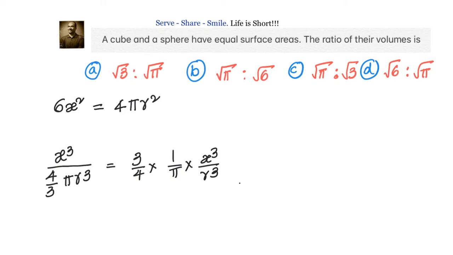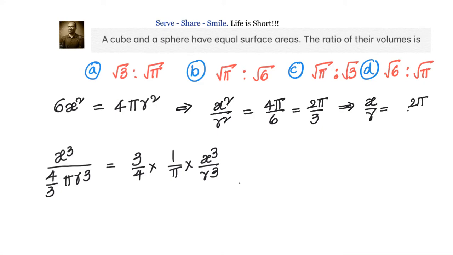That means if I am able to get this value from this particular first equation, then I can go back and substitute. So let's go to the first equation and try to solve that. So we will write down x square divided by r square equals to 4 pi divided by 6, that is equals to 2 pi by 3. So can I go ahead and write down x by r equals to 2 pi by 3 whole to the power of 1 by 2. Now once we know x by r is 2 pi by 3 whole to the power of 1 by 2, from here we can come back to here and substitute.